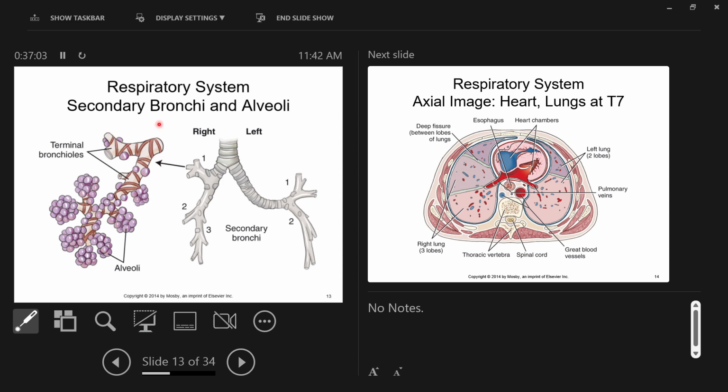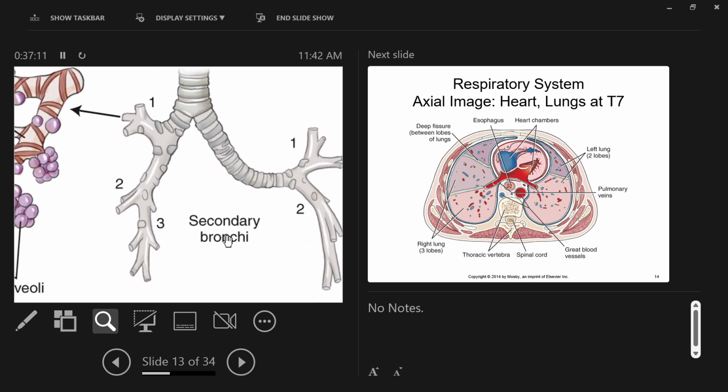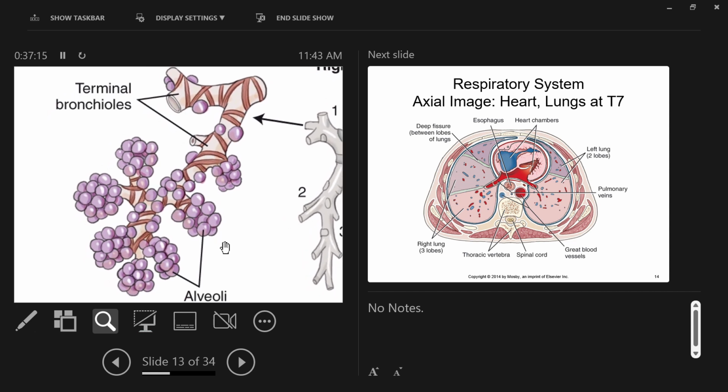But at the end of everything, when you get to the end, you get to, so that is macroscopic. You can see that, no problem with the naked eye. This is microscopic. You cannot see that with the naked eye. So a tree ends in leaves, right? Okay. At the end of this respiratory tree, instead of leaves, there are tiny little air sacs, okay, made of